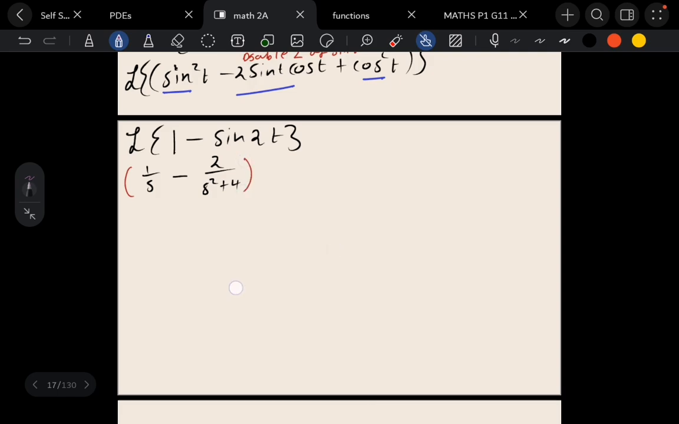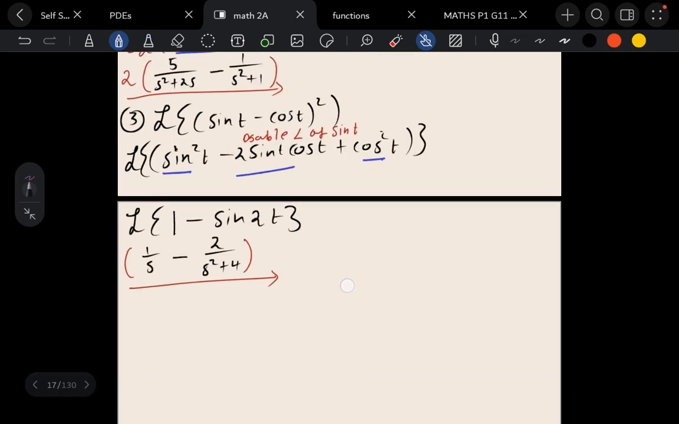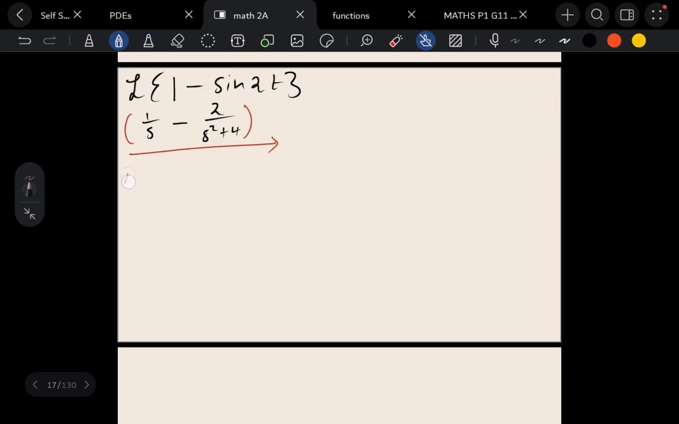Closed bracket. So that's the answer. You see, it is very easy if you are going to do it in this manner. And then number 4,